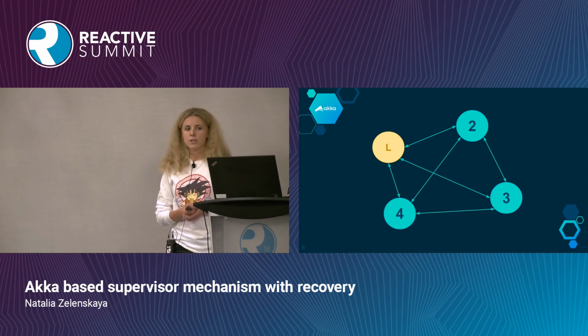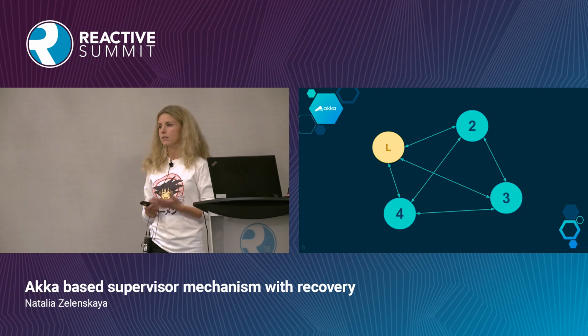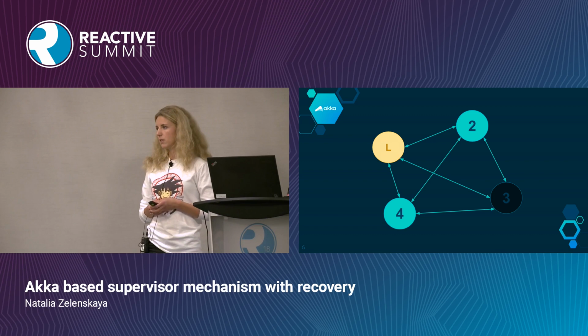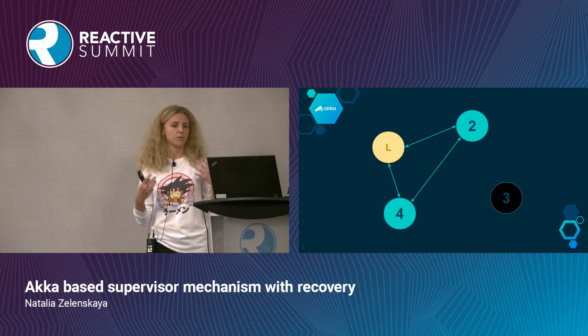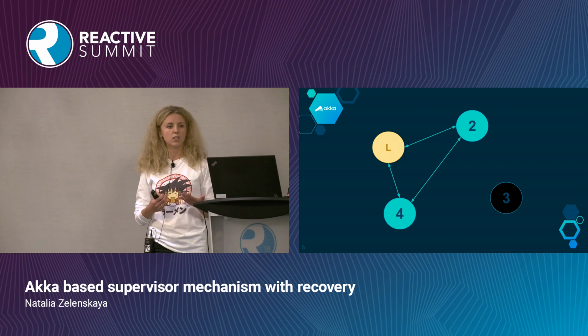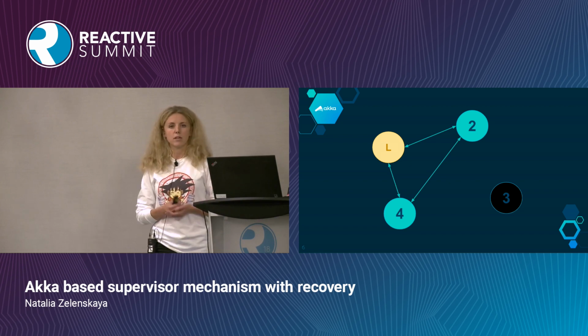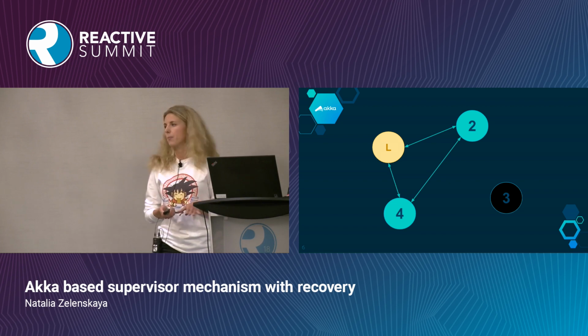Also with the gossip protocol, you can get different types of events, including the node failure event. For instance, if node 3 goes down, the whole cluster will detect that, and they will try to connect to it, but they will get a connection refused. For some time period, they will try to connect to this failed node, and eventually the leader will say, this node is no longer available, we can remove it from the cluster and say that the member went down.